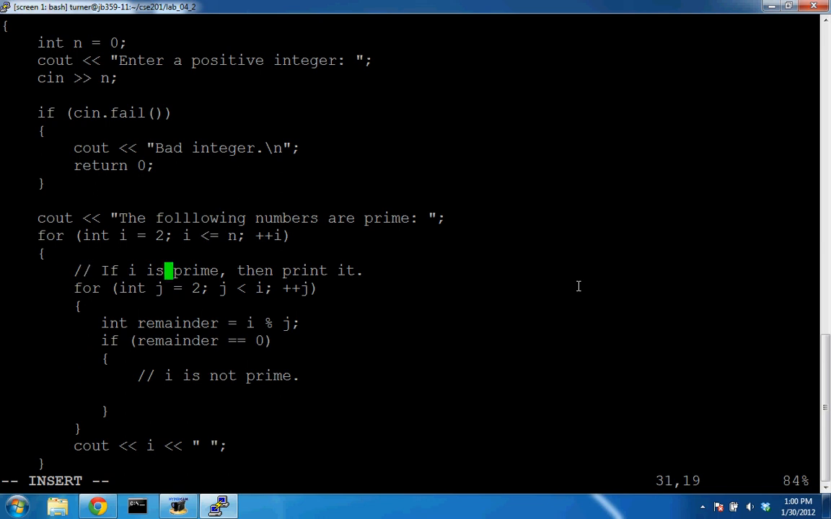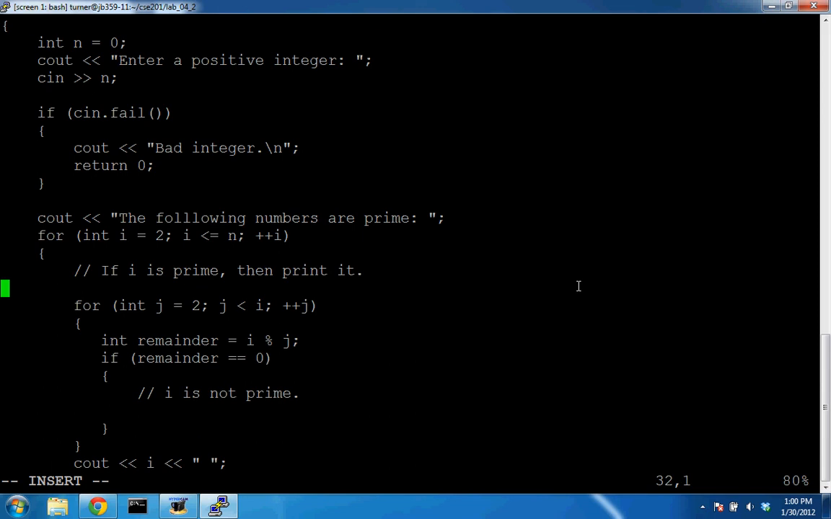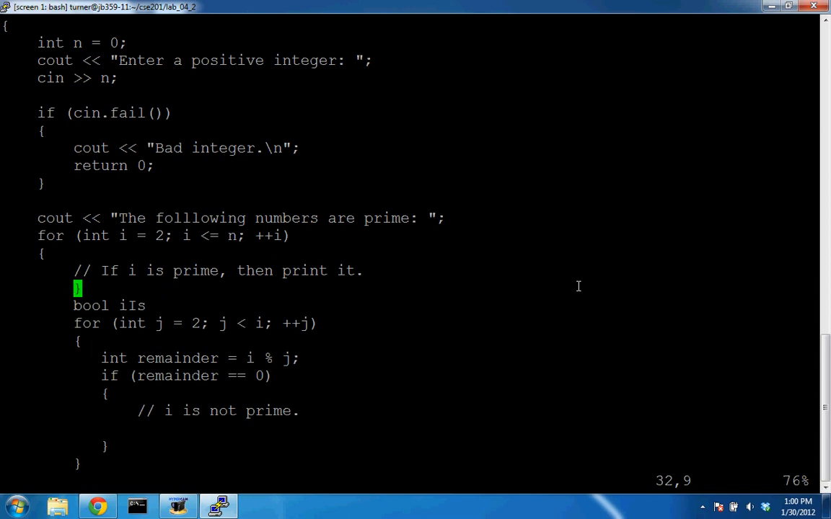We're going to create a Boolean variable, which is a variable that represents either true or false. And we're going to say I is... Oh, there it is. I is